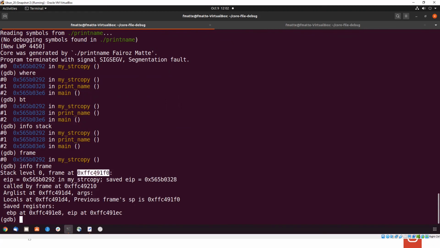Frame at this particular address, the frame is at your instruction pointer. Let's not get into this. Name of the method which is executing on that particular frame is this. Who called this particular frame is this guy. I'll explain this again. It will be difficult for you to understand. And there is other information here, like what is your EBP. EBP is nothing but your base pointer. This is your base pointer.